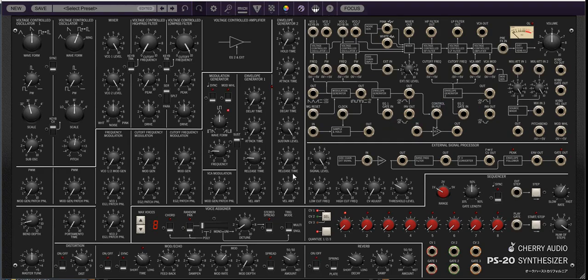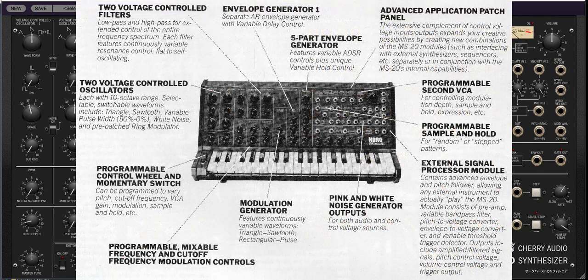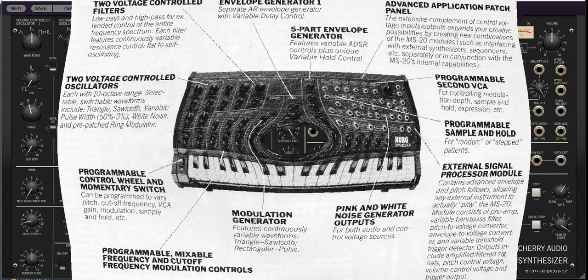Now, if you compare this to the original MS-20 from Korg, I found this nice ad in the November 1978 issue of Keyboard Magazine, leafing through my archive. And you can see that the layout is very similar to what we have in the PS-20, but much simpler in the MS-20. What we have in the PS-20 is a lot more knobs and a lot more patch points,